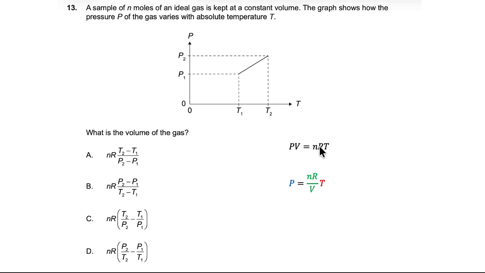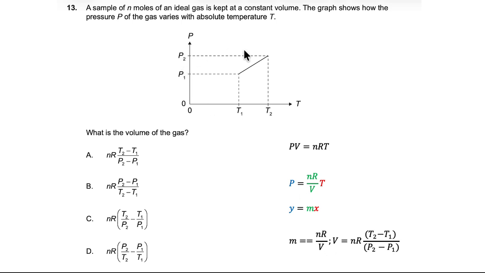Well, you notice here, this is in exactly the same form as a straight line with the form y equals mx. We've got y is equal to P, T equals x, and then this bit here. In other words, what this means is the gradient of my graph is going to be equal to nR over V. So, if the gradient is equal to nR over V, that means that if we take our gradient value,